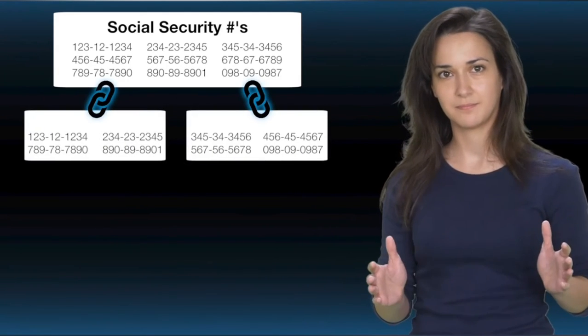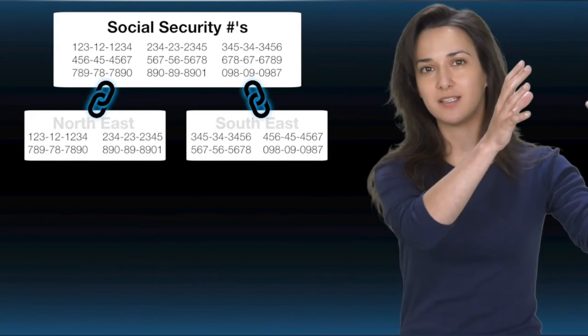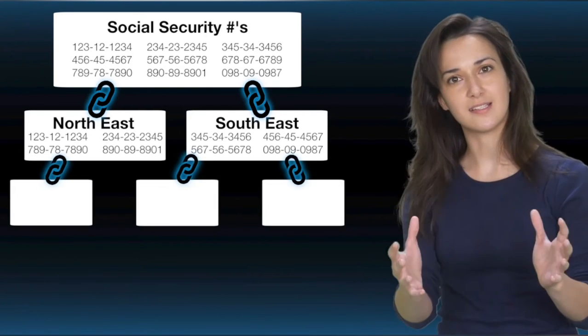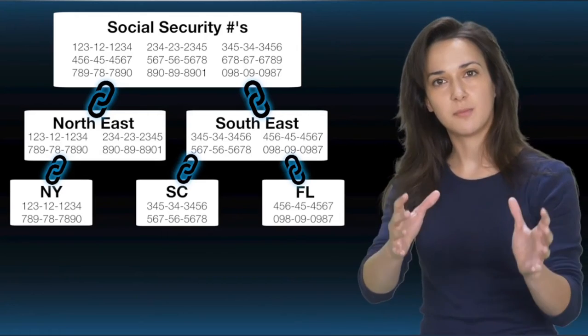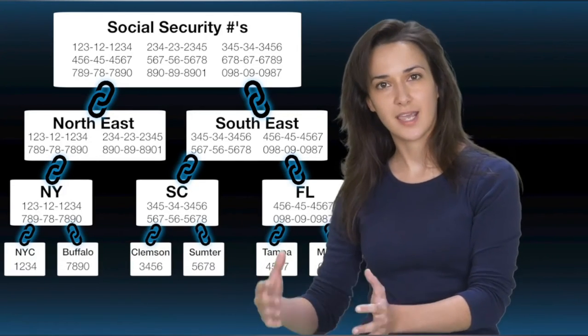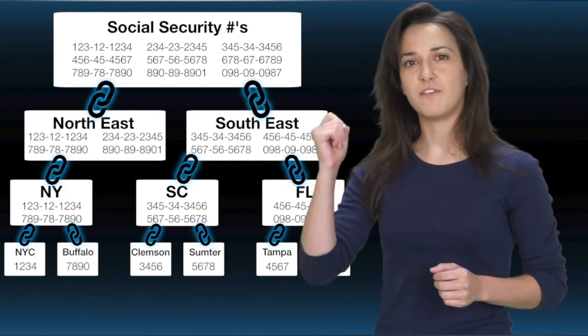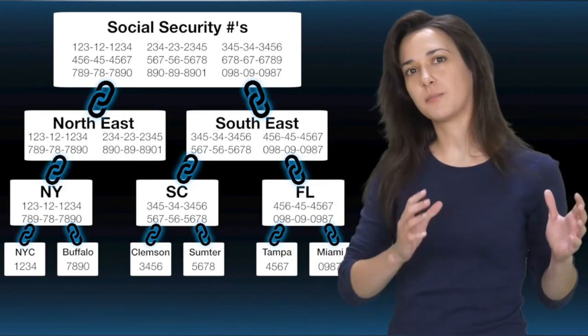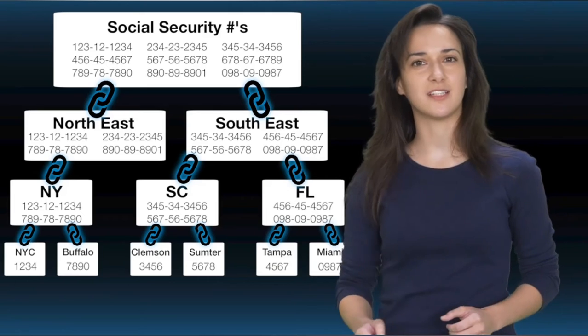Going back to how the word block in blockchain represents a list of records, let's imagine a list of Social Security numbers, or hashes. Imagine that each list of Social Security numbers are stored in blocks, and each block represents a region. And the child block stemming from this represents states, and the child block stemming from that represents cities, and so on. That should give you a very simplistic idea of what a hash tree is. Blocks of hashes stemming from each other that resemble a tree with branches and leaves.